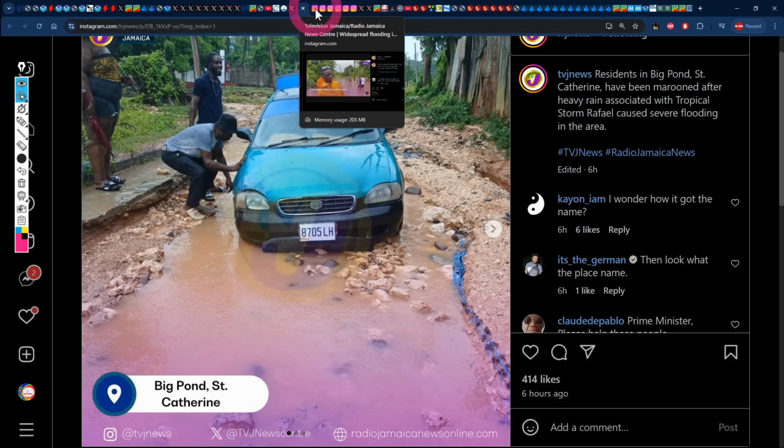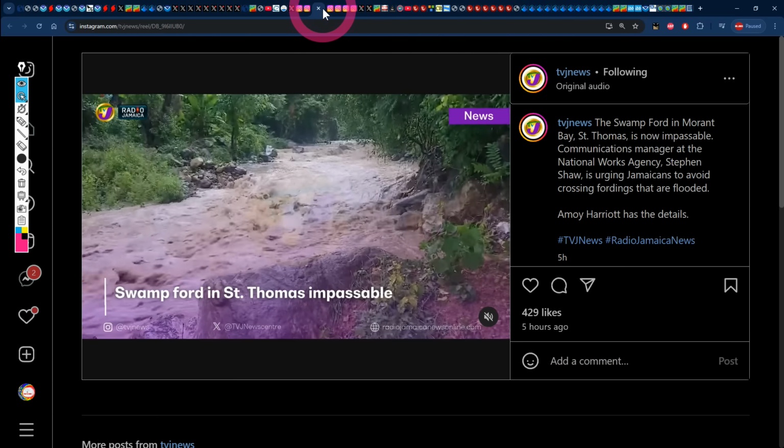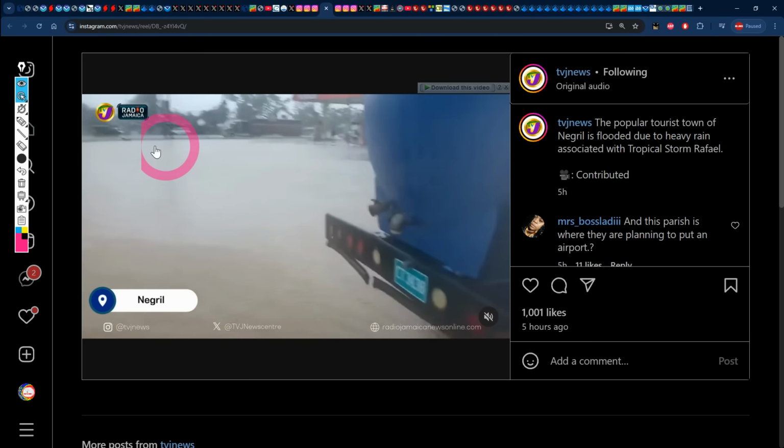We have another news clip right here stating flooding in Halls Hall, Clarendon, and they've highlighted the area that was inundated. Another clip right here from TVJ News highlighting that the swamp ford in St. Thomas was impassable. When you guys see things like this, why would you even try to brave it? That is just ridiculous amounts of rainfall in general. And even if we take a look here, we even see Negril flooded once again. That is just ridiculous. Look at the entire area